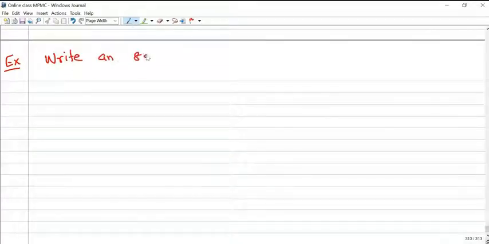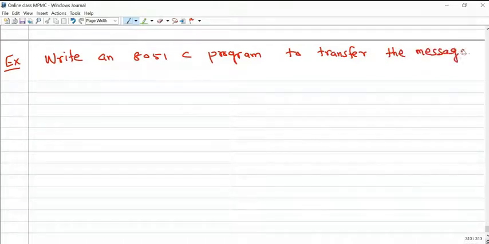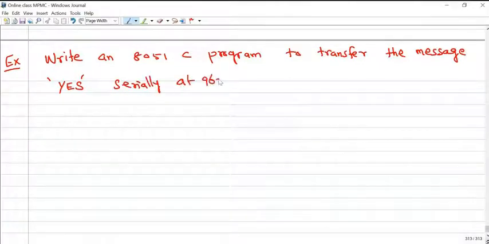Another example. Write an 8051 C program to transfer the message serially at a 9600 baud rate.